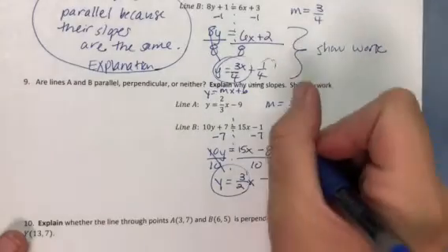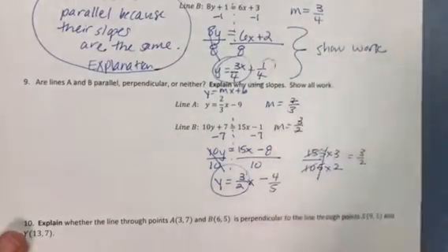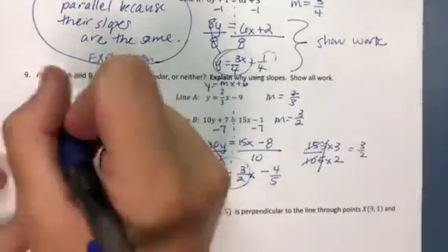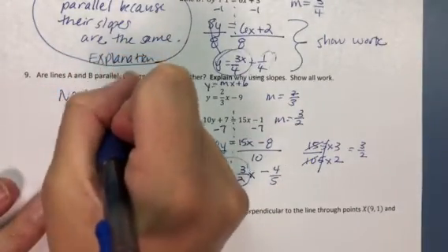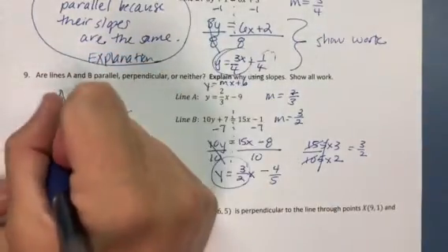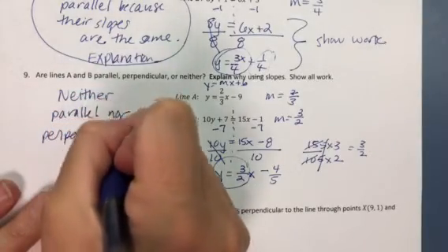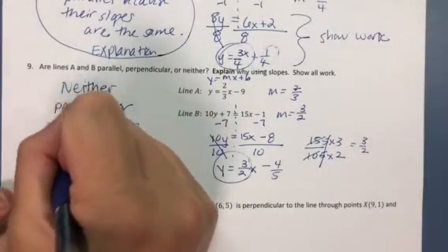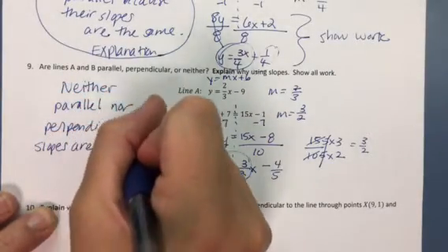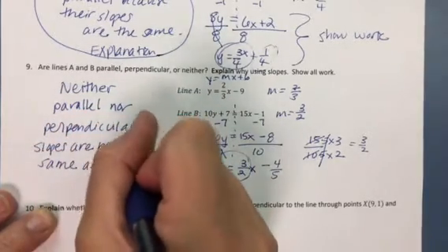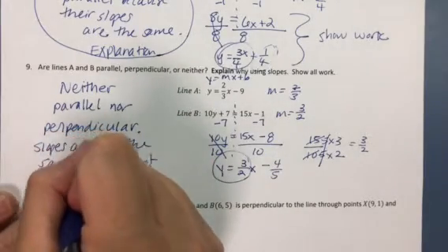All right, so if I look at my slope, it is 3 halves. So I know they're not parallel because they're not the same, but they're also not perpendicular because they're both positive. So we're gonna say neither parallel nor perpendicular. And then we still have to explain why. So I'm going to say slopes are not the same and do not have opposite